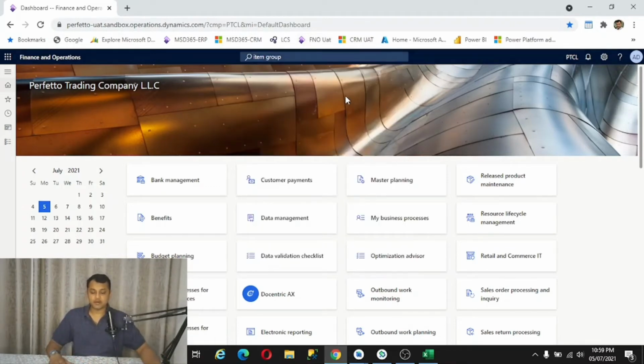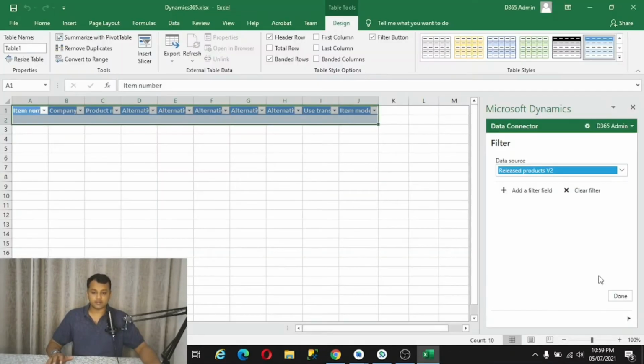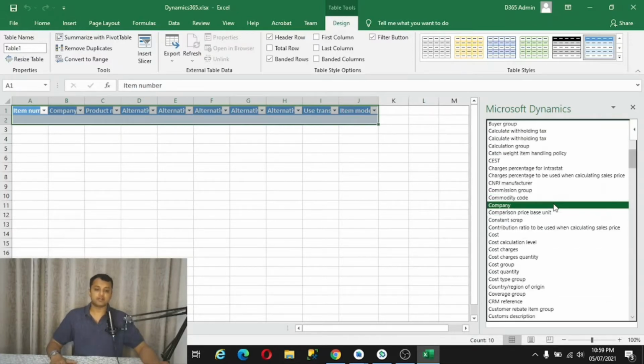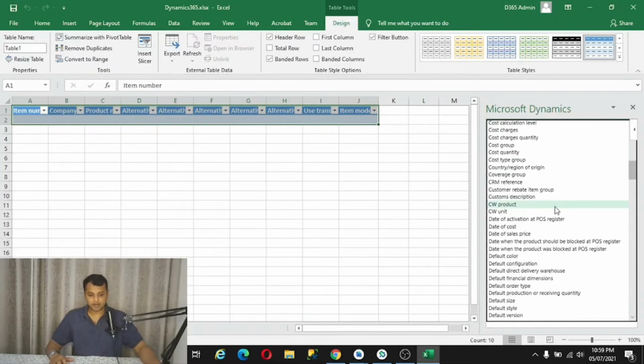Under item groups, I'm going to select one of the values and utilize it for my filter criteria. Here in the Excel you can see I have clicked on add field, filter field. This is where you specify on which field you want to apply your filter criteria.